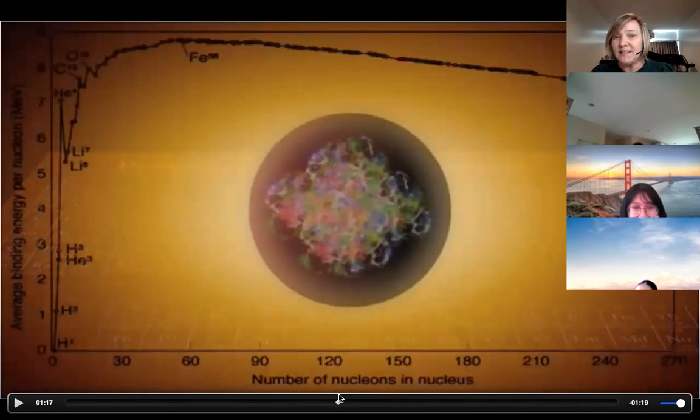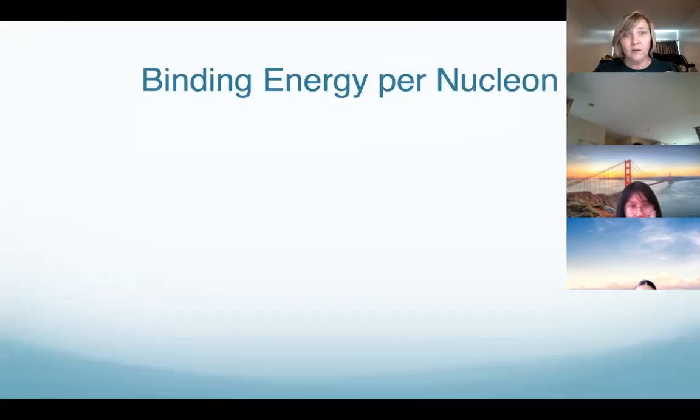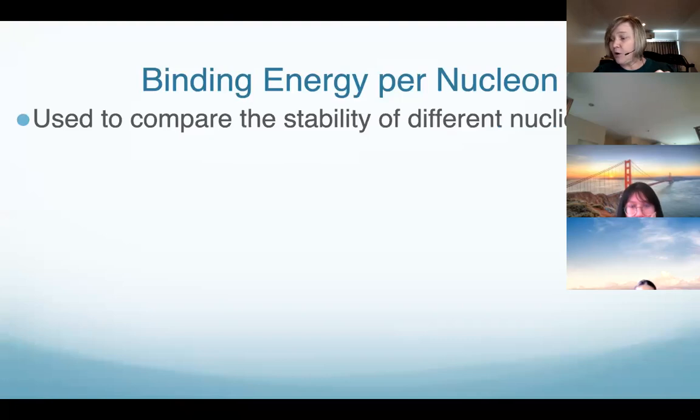So it's going to be kind of an ideal range of size of nucleus, and until you get to that point, the nuclei are quite stable. Once you get larger than that, then they become unstable. Okay, so